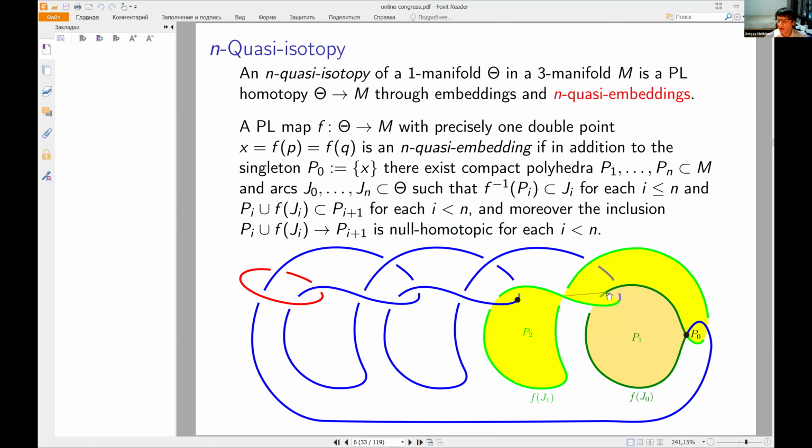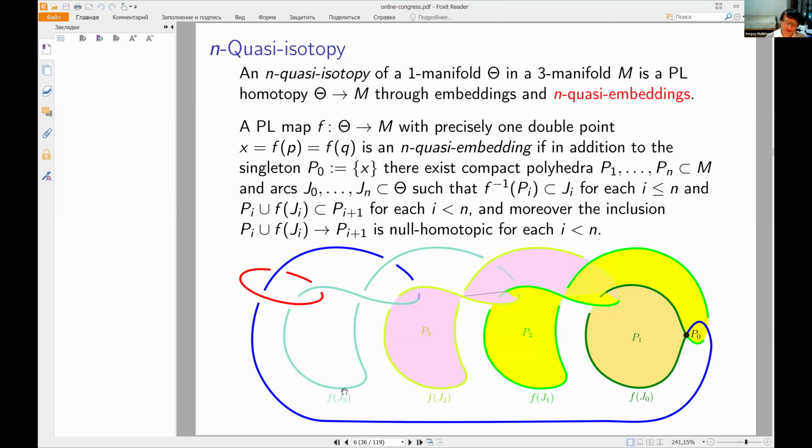It's really a polyhedron, or you can take a collapsible polyhedron, so you can take a regular neighborhood of it and you'll get just a ball. So you can do both if you prefer. But no matter how you choose it, at least here you can see that it intersects the link again, and so this process is going to continue in the same fashion